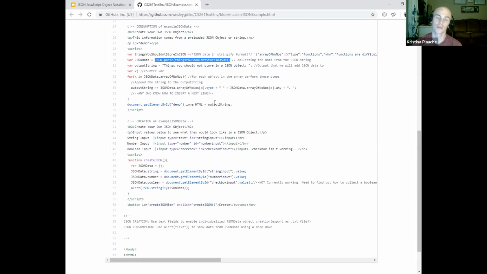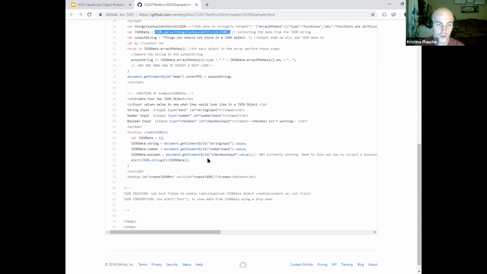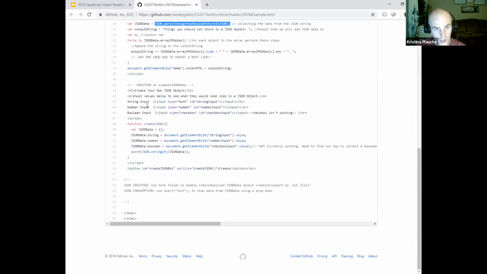And if you wanted to turn a JavaScript object into a JSON string, rather, you're going to come down here. JSON.stringify, and then pass it the object or data that you want turned into JSON format, and it'll return a string.